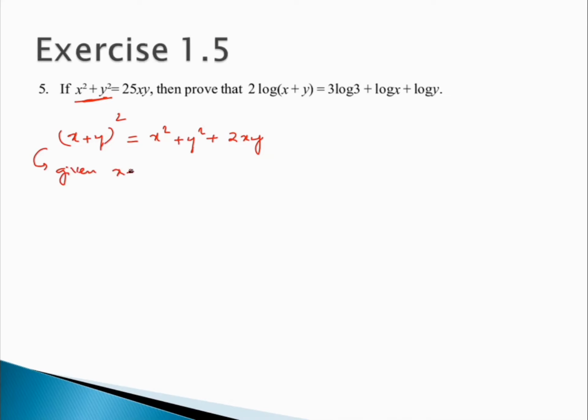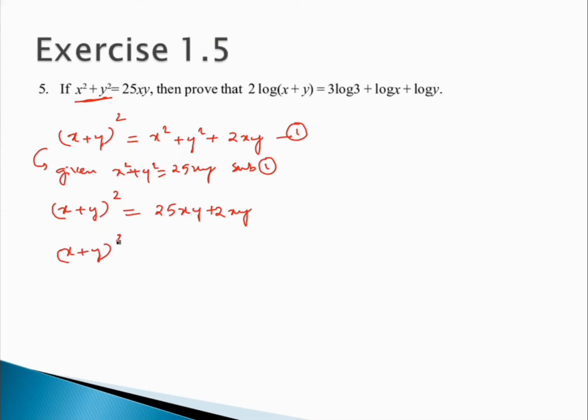That x square plus y square is 25 times of xy. Okay, I'm substituting it so that the resultant becomes x plus y whole square equal to 25xy plus 2 times of xy. So the overall result comes out to be